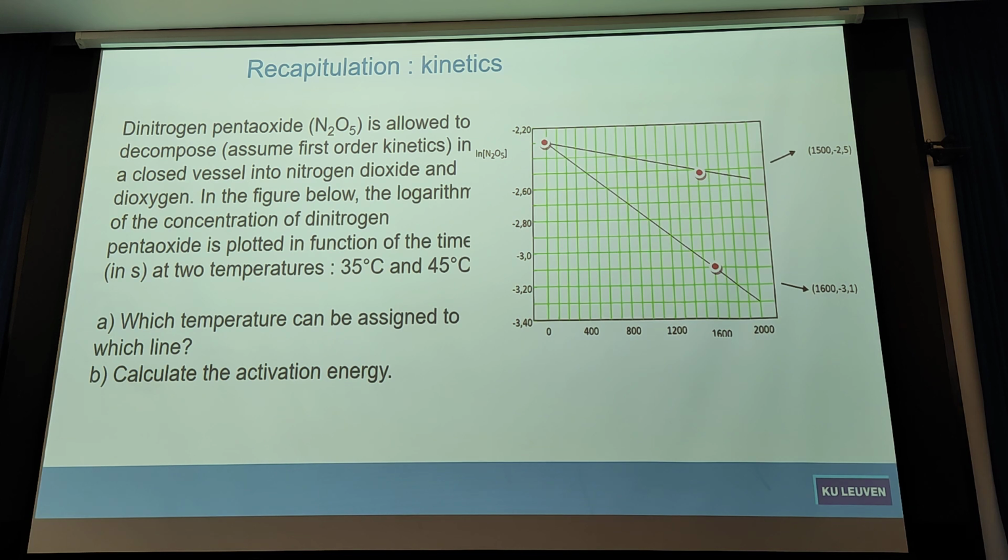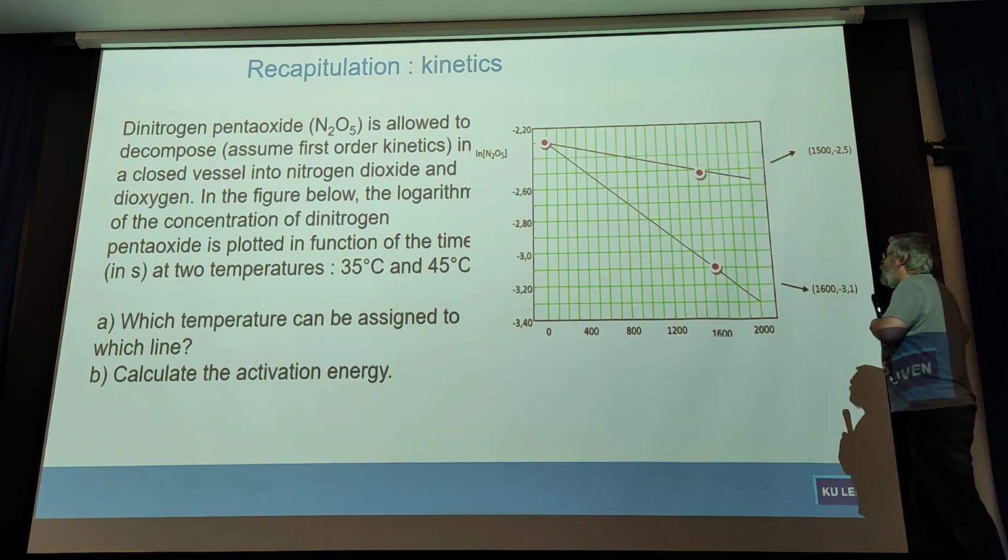So it's a reaction of dinitrogen pentoxide, N2O5. It's decomposed, and we can assume that it's first order kinetics again. So it's in a closed vessel, and NO2 is formed, and oxygen. In fact, the reaction equation here is not that important. The most important thing is that we know that it's first order